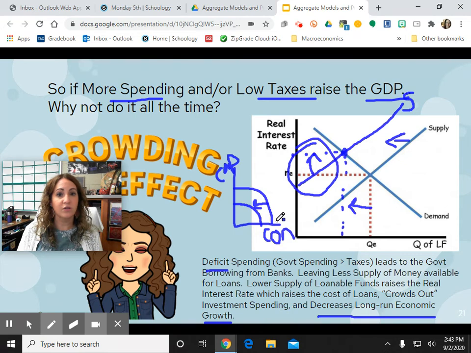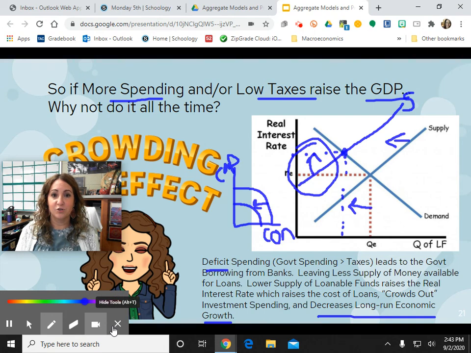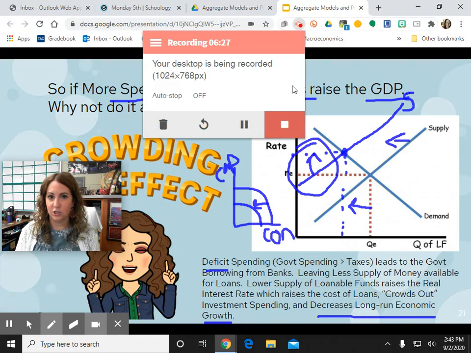So here's the moral of the story. If you remember anything today: deficit spending helps in the short run by raising aggregate demand, but it decreases economic growth in the long run because of higher interest rates. That is the big summary of today. That shows you why some people might be against deficit spending: in the long run, you pay the price with a smaller PPF curve and lower national income for everybody.